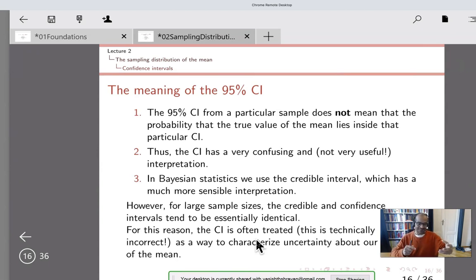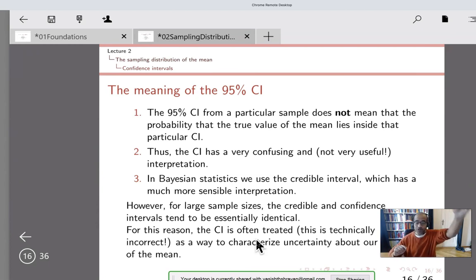95% of those intervals would contain the true mean, right? So the 95% confidence interval does not have the following meaning. It doesn't mean that the probability that the true value of the mean lies within that particular confidence interval that you got, right, is 95%, right? So that particular interval that you're getting does not allow you to make any probability statement about plausible values of mu. Why is that? The reason is that mu in the frequentist paradigm, the underlying mean, is assumed to be